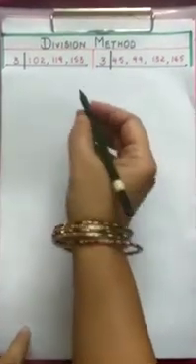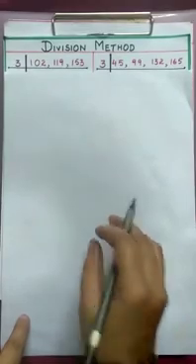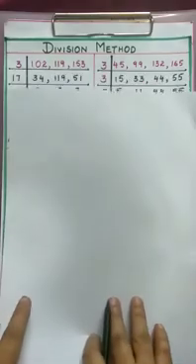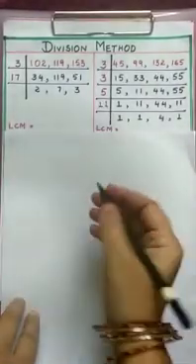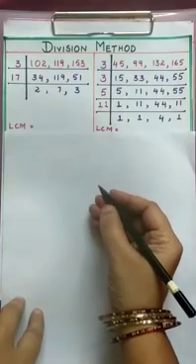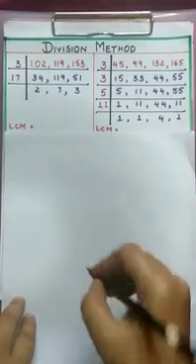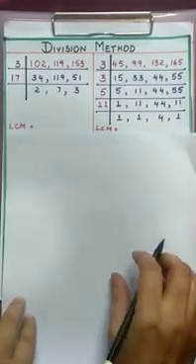Before class, we found LCM of the same numbers using the prime factorization method. Now observe the process in the division method. In this method, we divide two or more numbers by their common factor. Suppose any number is not divisible by that factor, you bring it down as it is. Children, we use this method the most to find LCM.